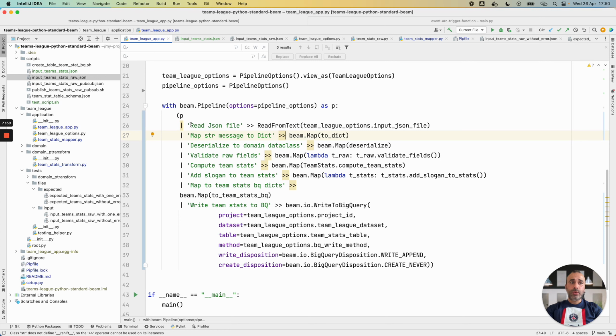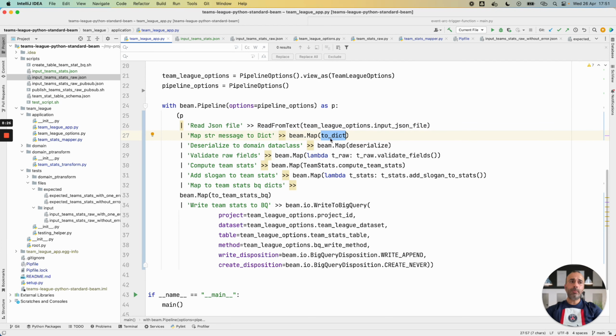In Java, we have the apply method on the pipeline object, but with Python, we have this syntax that is the equivalent of the apply method in Java. We can chain all our transformations with this syntax. We have the step name and also the transformation for this step.